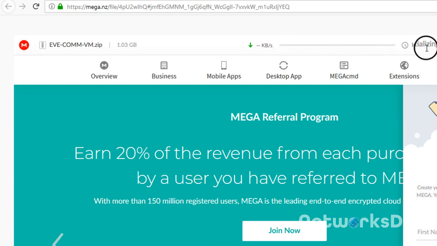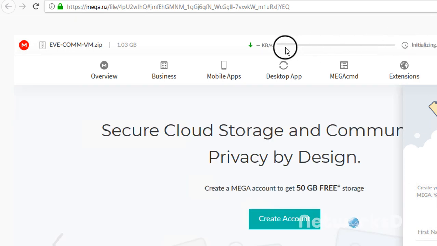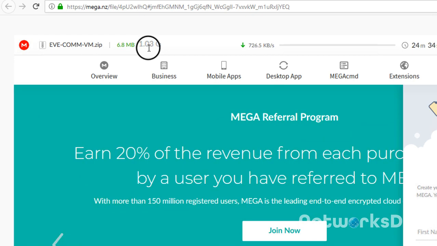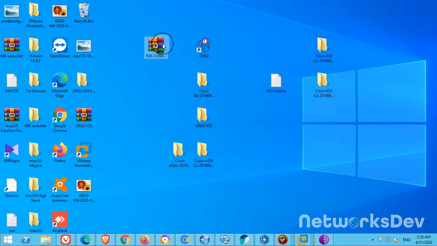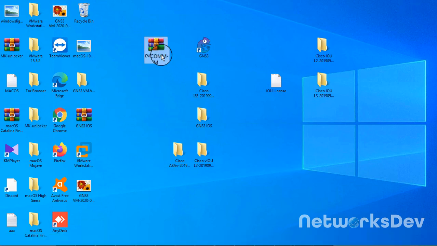It starts initializing and it will take some time, maybe 5 to 10 minutes to download, because the file size is 1.03 gigabytes. So let it download. So our download is completed, as you can see. So just go back. EVE community version, we downloaded.